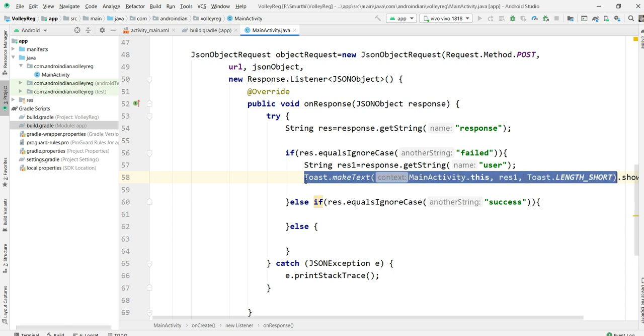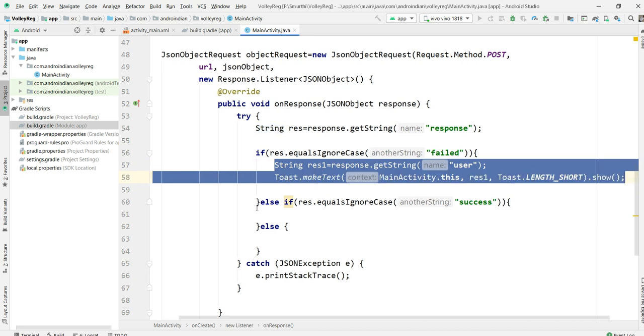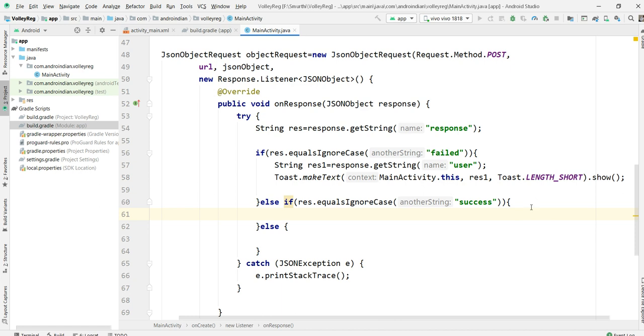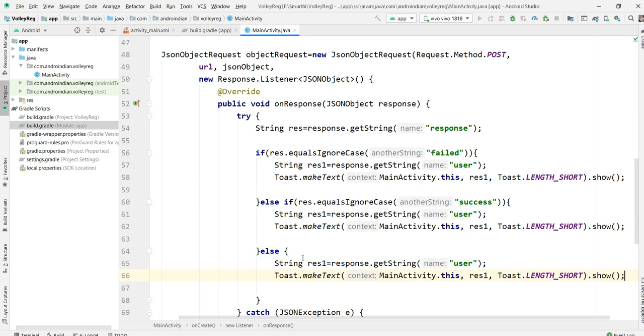See, these two parameters are common for three places. I want to copy and paste them here as well as in that place, because the keys are the same. Then this is done.